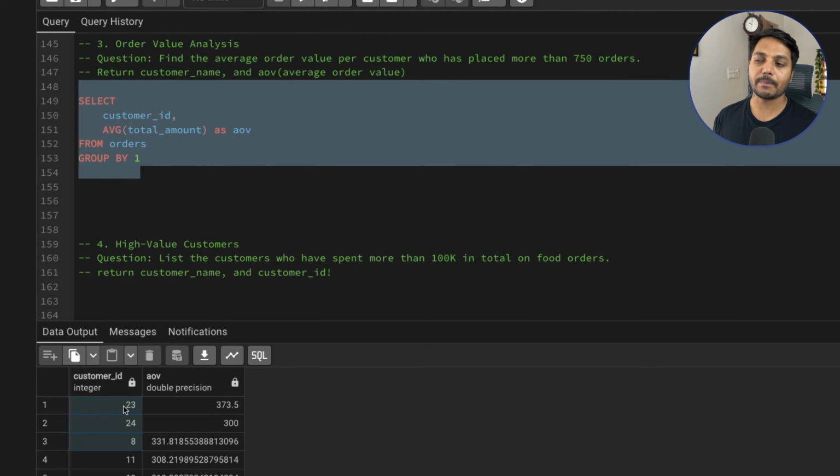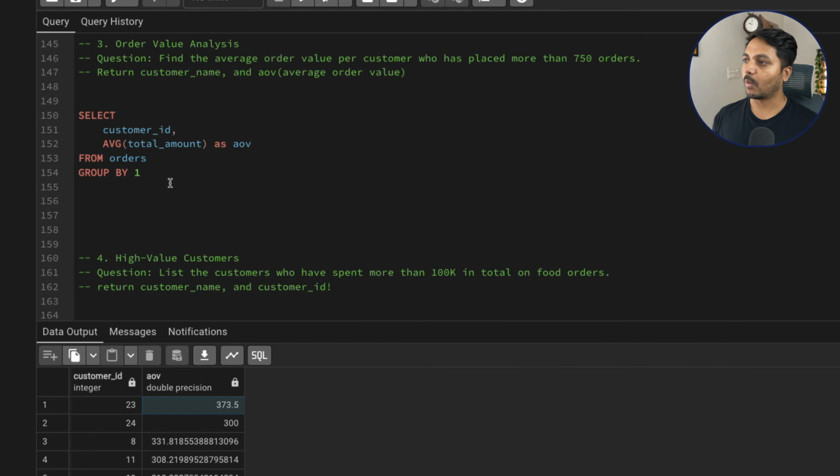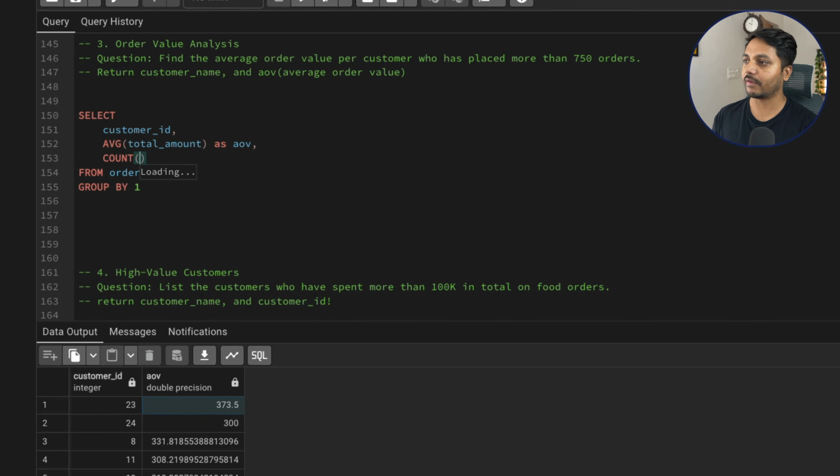So this is based on the total purchase they have done and the total number of orders they have done, right? So based on this, the average is being calculated by SQL automatically. Okay, so we want to only select those customers who have done more than 750 orders. Now, in case you want to find out the count of orders, you can use the count function, count of stars, or you can say count of order ID, and you can just save it